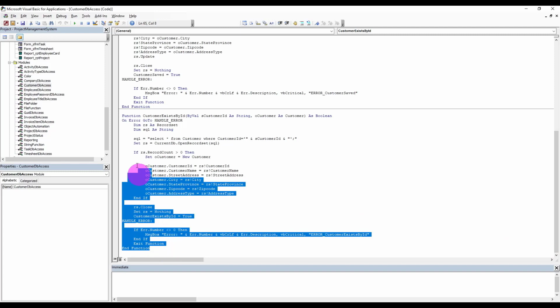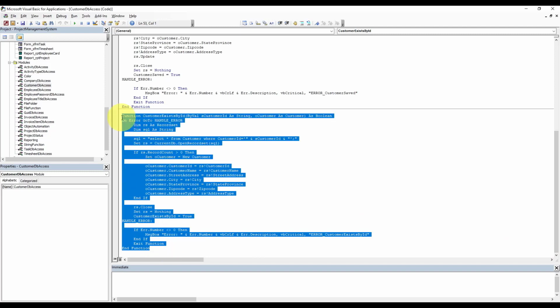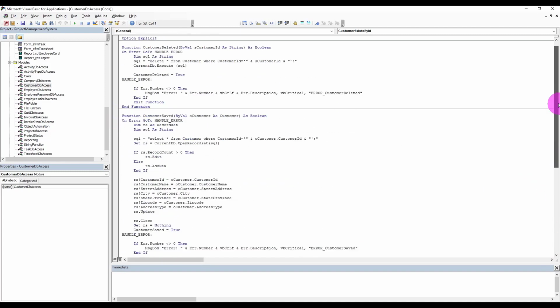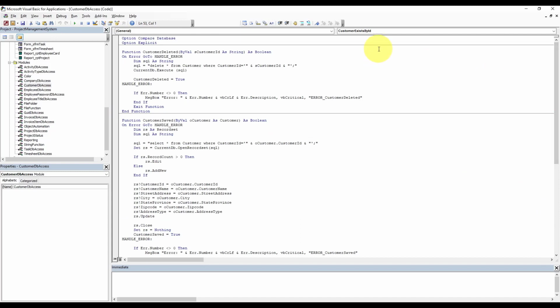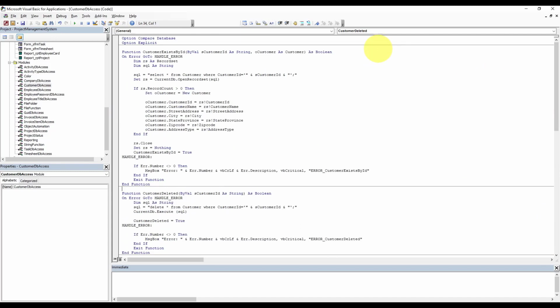We're gonna copy this guy and put it right there, and we're going to say customer name. Let's put get customer name, and we're just gonna tweak this just a little bit here, like so, and then